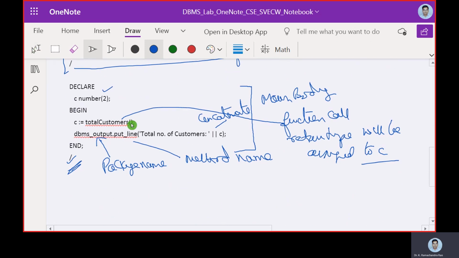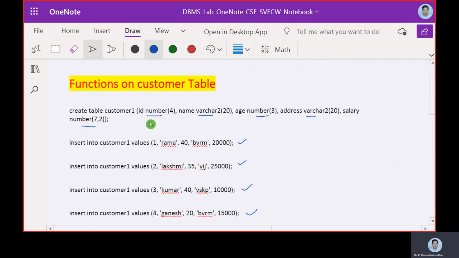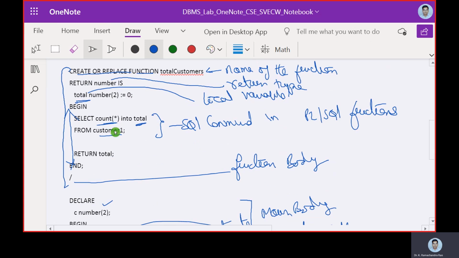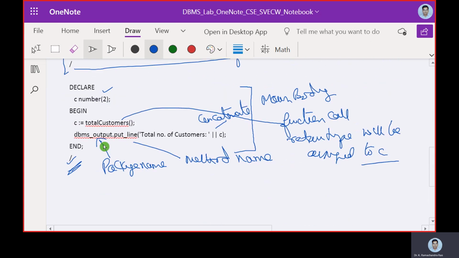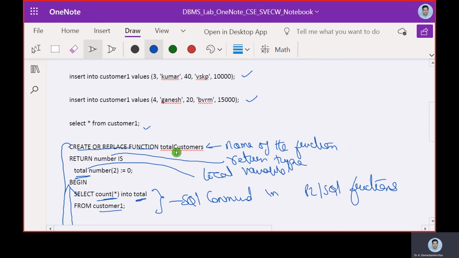So we are working on a customer table, and there are 4 records, and you want to display 4 as an answer. For that, we are going to use a function call here. The function is called total customers. Then it has a return type of number, which is called the total here.